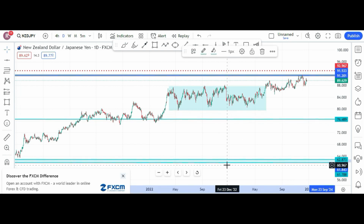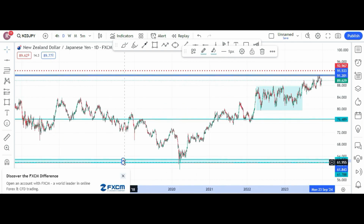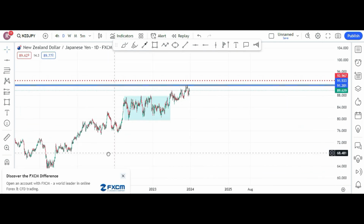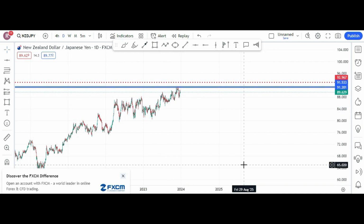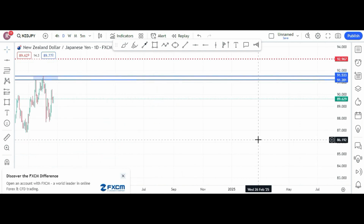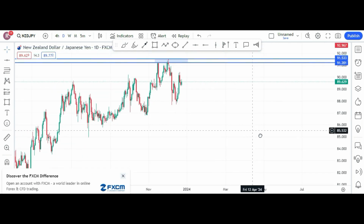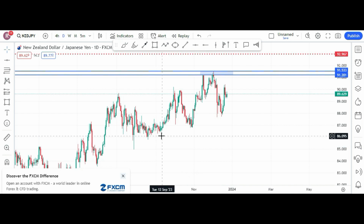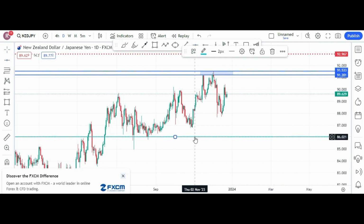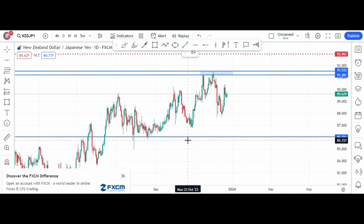So considering all these things, my best guess at the moment is that I will consider the latest double bottom, as we have found the double top on the day time frame. So we'll try to find the double bottom which created this one, and the most likely is we can find it here. This is the double bottom in the day time frame. Actually, this is the double bottom. So far I can see this is the double bottom